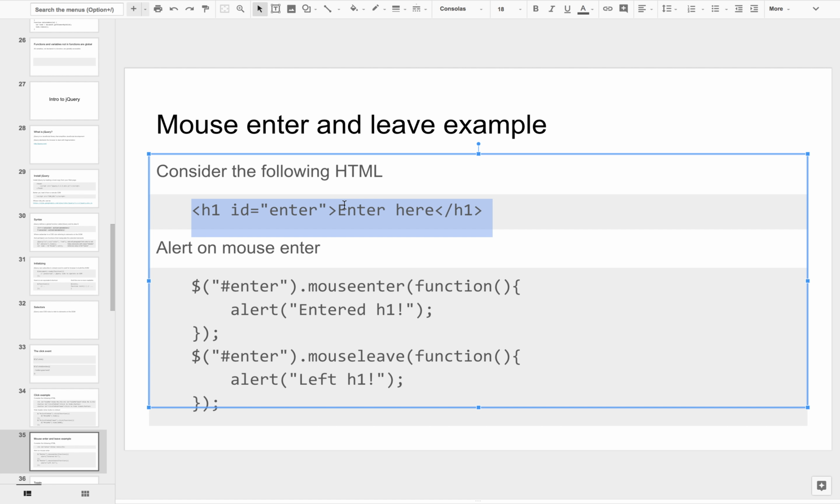You can handle all sorts of mouse events. So here you have enter, so that I can detect when the mouse enters and when the mouse leaves. So let's bring that over here and handle that. Right. So if we refresh and we enter, we get an alert. And then when we leave, we get another alert. Okay. Again, just tiny little things like that make it so much easier to build more interactive user interfaces.